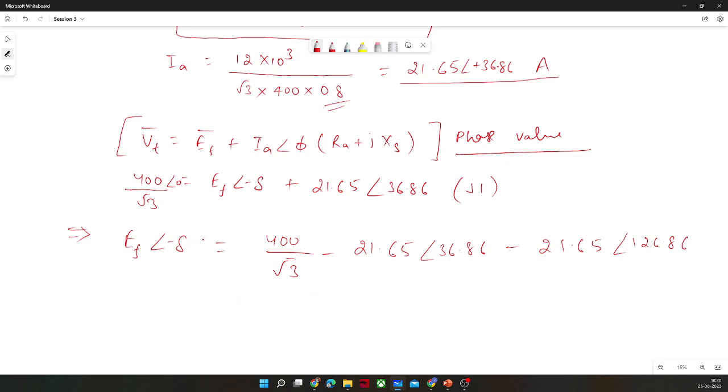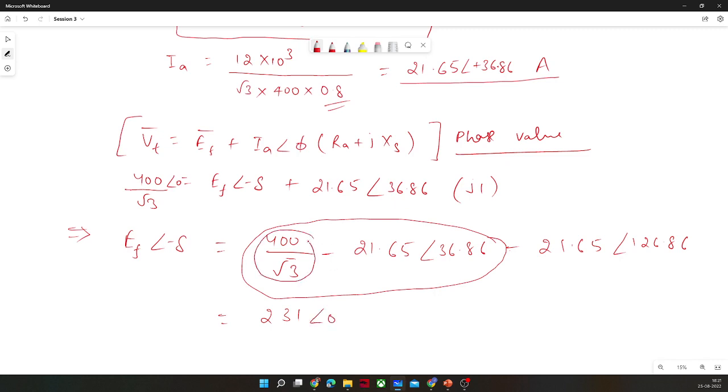So after solving, if you break it down, there would be two components, one real and one imaginary. So this is just a complex number problem. So you will get 231